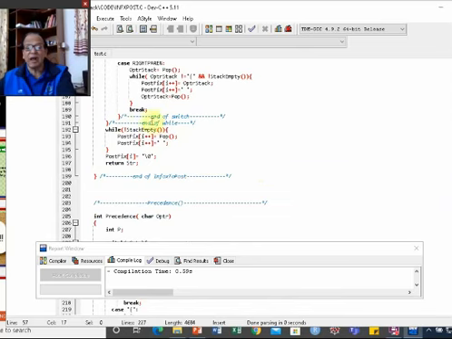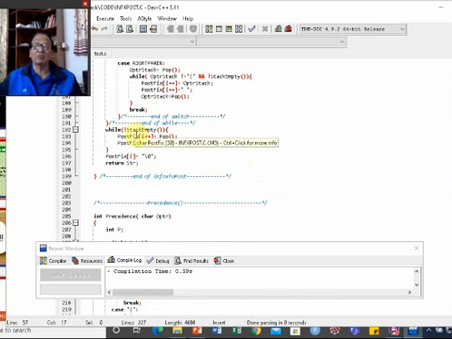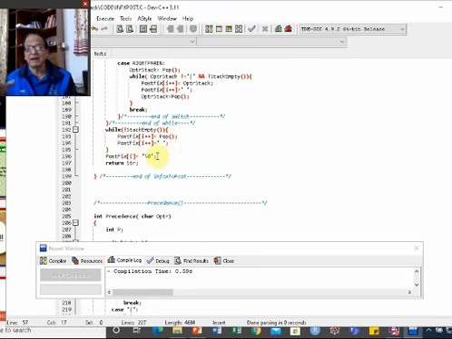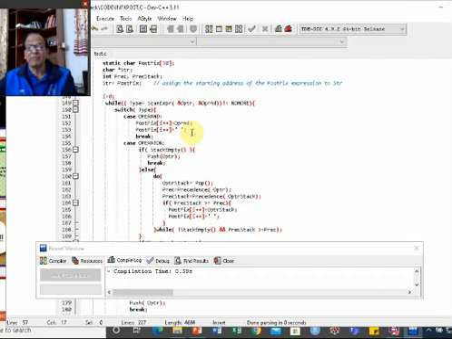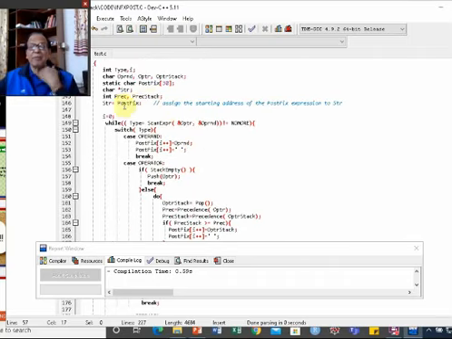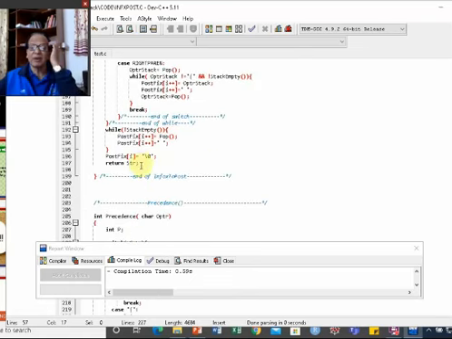Afterwards, there may be some operators left on the stack. I just pop them off one after the other and insert them into the postfix expression, as done here, and at the end I add a null character. Because it is a character array, it is very important that we add a null character, and I return the string. As you remember, right at the beginning we assigned the starting address of this postfix array to str, so I return the starting address of the postfix expression.